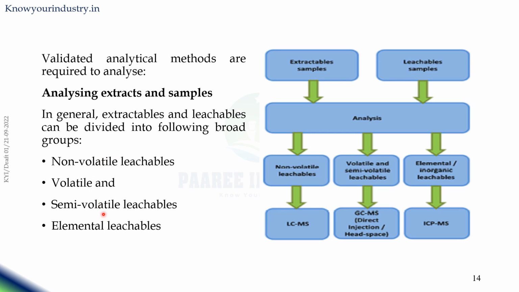These compounds will be analyzed by different analytical techniques. GCMS is used to analyze volatile and semi-volatile organic compounds because they are volatile in nature. They will be mixed with the gas, and the gas chromatography will separate these compounds easily and identify them. Then non-volatile compounds will be analyzed by LCMS, because you have to go for a highly sensitive analytical method for these kinds of impurities. Then the elements will be analyzed by using the